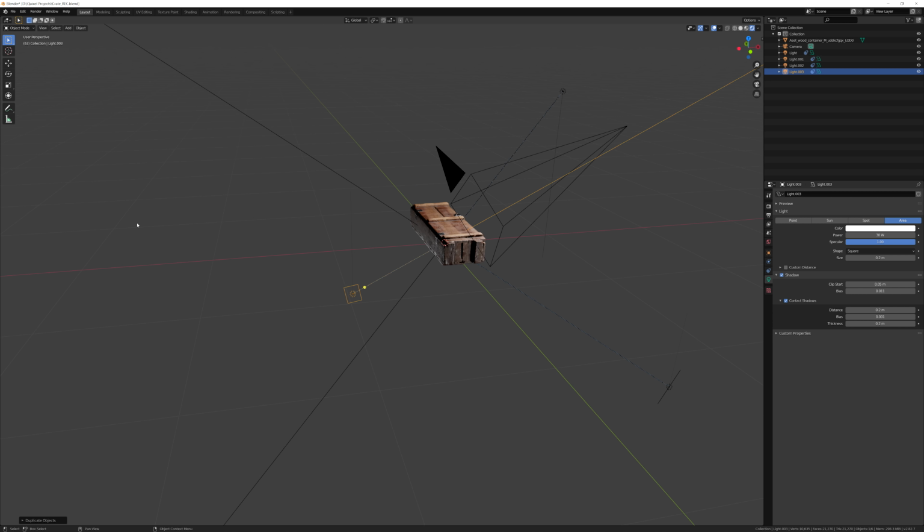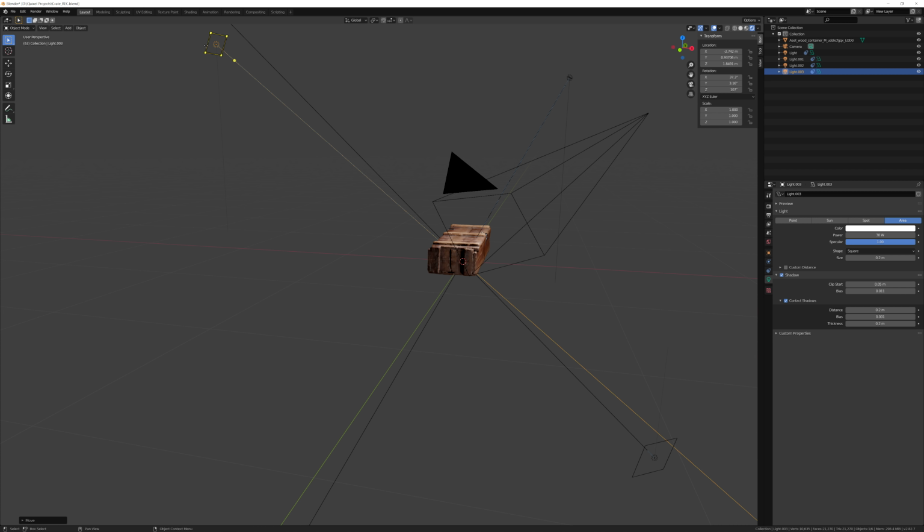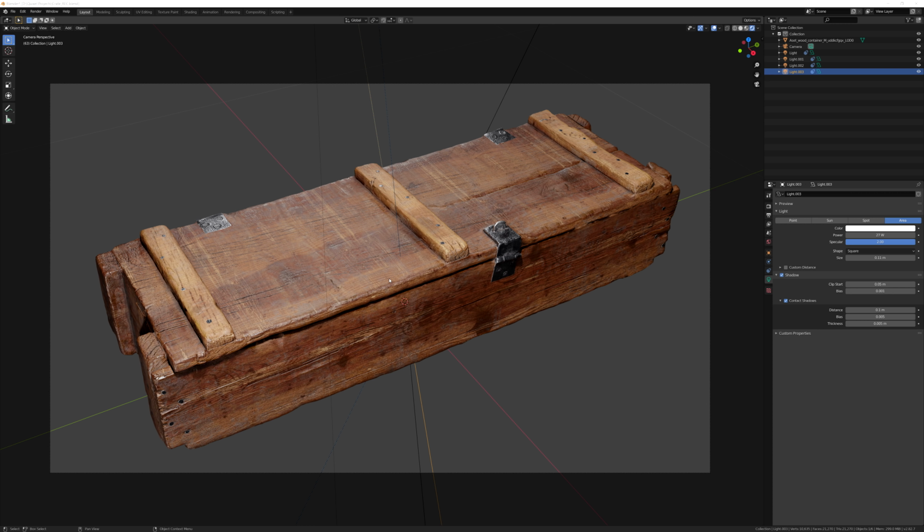So I'm just going to move this into some position way back here. I'm just going to hit G to move. And there you go. We have the third and final lamp here in the back positioned exactly where we want. There you have it, everyone. We have completed our 3-point lighting setup and we adjusted those lamps to fit the detail that's needed in order to create a rendering for this asset.